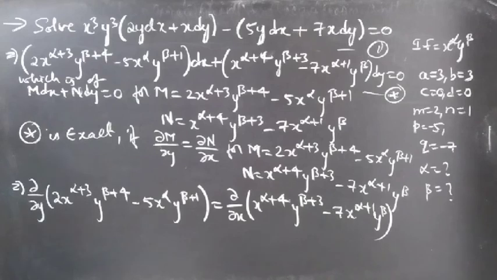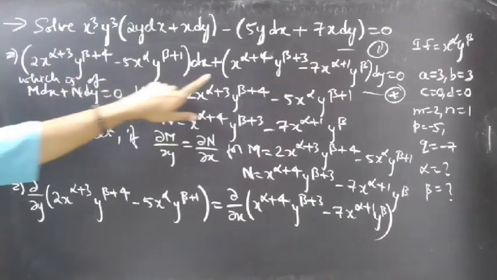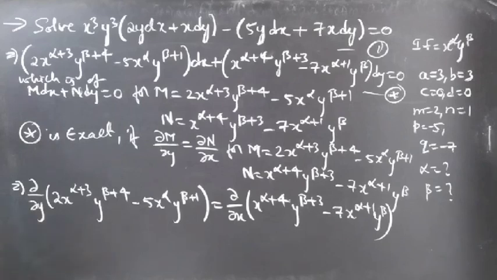You can name these M as M1 and N as N1, but for my convenience I am writing M and N. Okay, well,